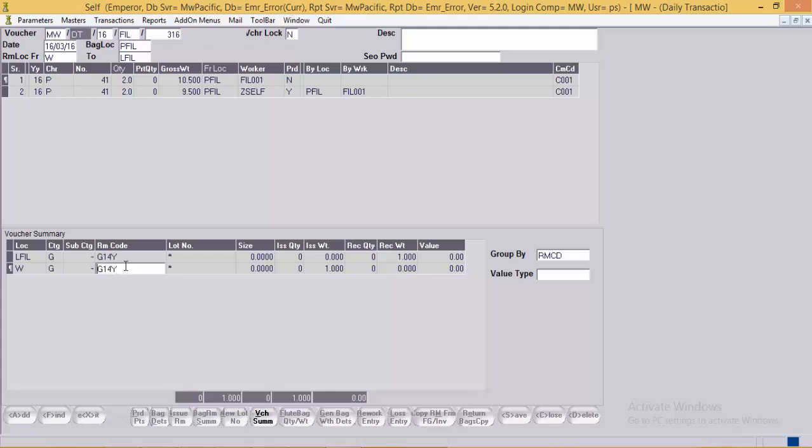As for the given transaction we have only transacted for gold 14 yellow, the system is displaying the details of G14 yellow over here. In the loss of filing, the G14 of 1 gram has been received and the same has been issued from the WIP location, that is from the bag.